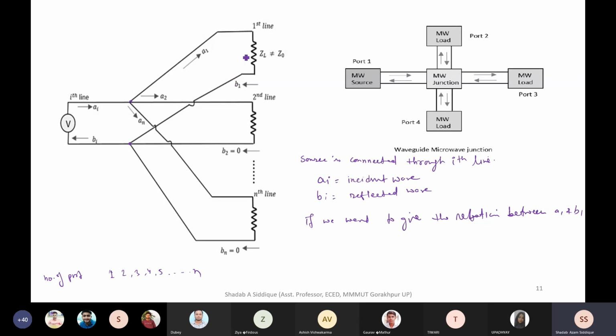So let us consider A1 at port 1, the first line, and B1 is also at port 1, and we are assuming that this port